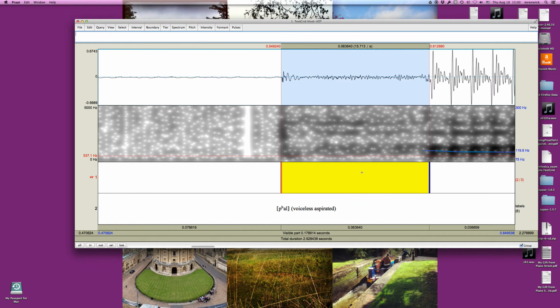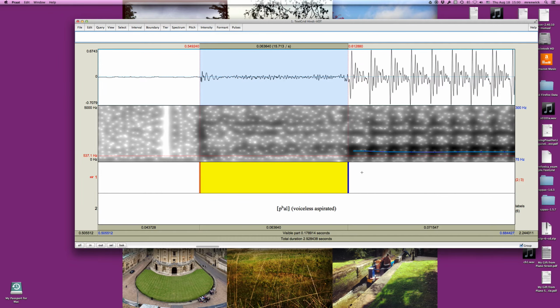So now I'm in a position to measure how long this voice onset time really is, and the way I can do that is by looking at this number that's at the top of the waveform window. That number is about 0.0636. That is about 64 milliseconds. So I'll just type VOT equals 64 milliseconds. So now I'm ready